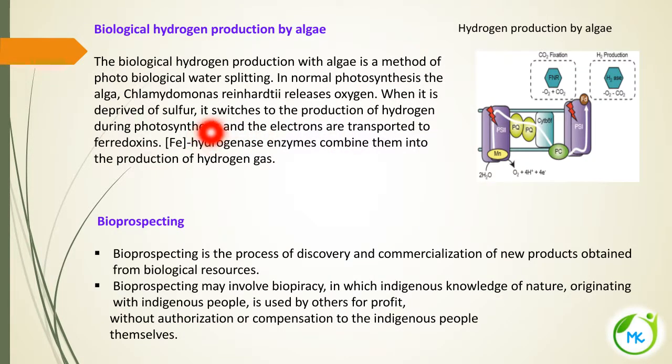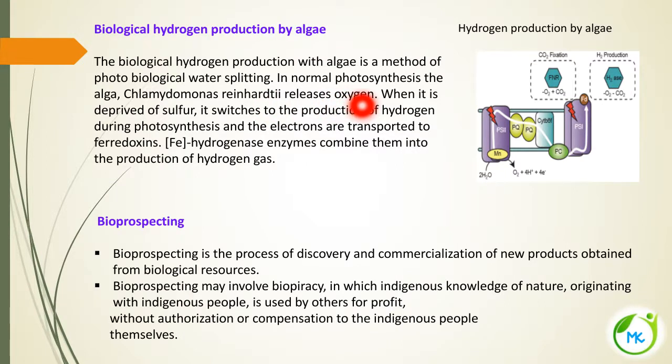So how is it produced? The biological hydrogen production by algae. Biological hydrogen production with algae is a method of photobiological water splitting. In the normal photosynthetic process, water is split, and thereby during photosynthesis the plants will release oxygen. Here, for example, Chlamydomonas reinhardtii releases oxygen